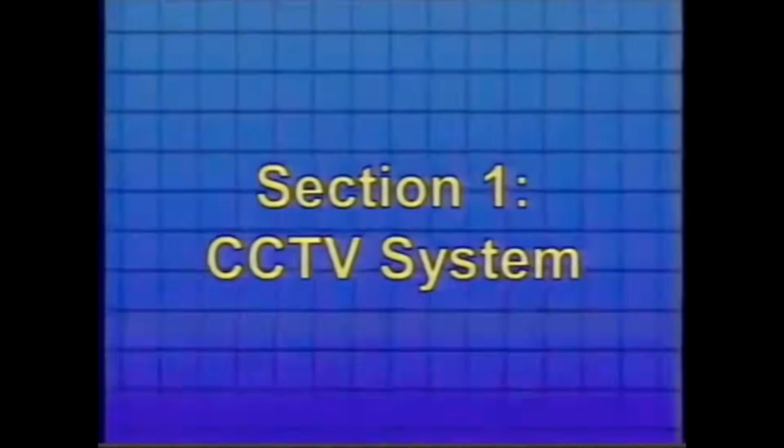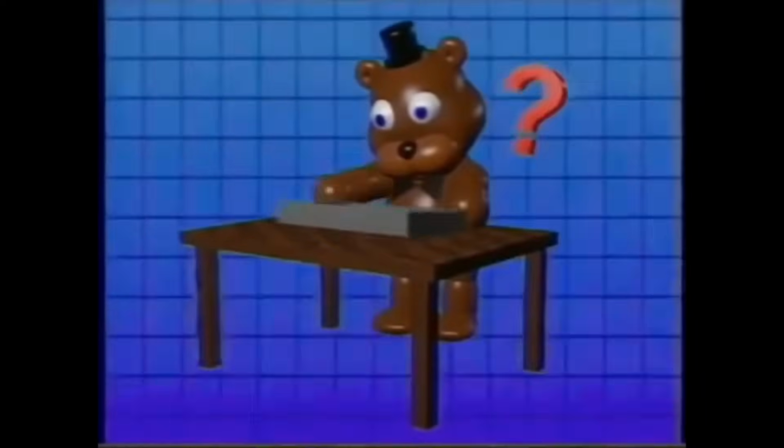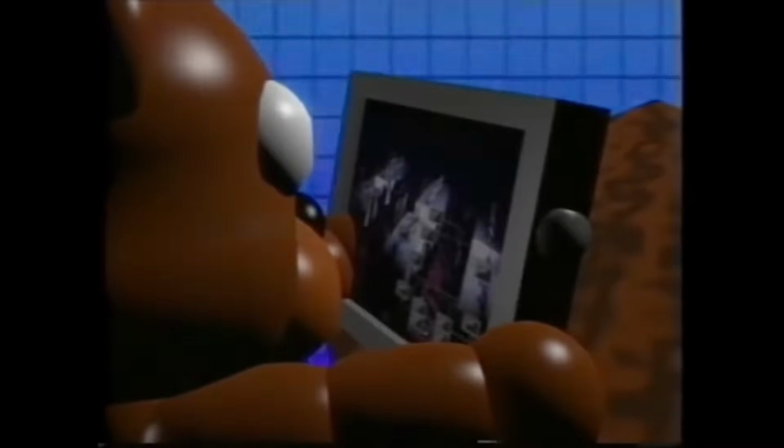Section 1. CCTV System. On your work desk should be a large tablet. Instead of using a desktop computer to access CCTV cameras, you'll be using this touchscreen tablet. Pressing the button on the side will boot it up and introduce you to a possibly unfamiliar interface. There should be a map of the restaurant on the bottom right corner. Pressing the buttons on the map will change the